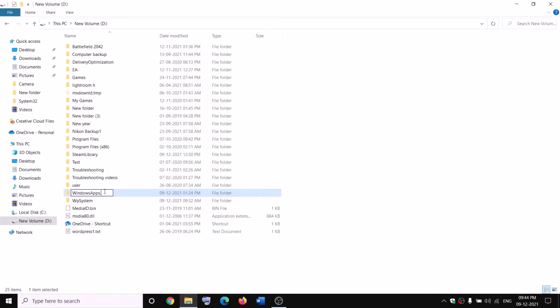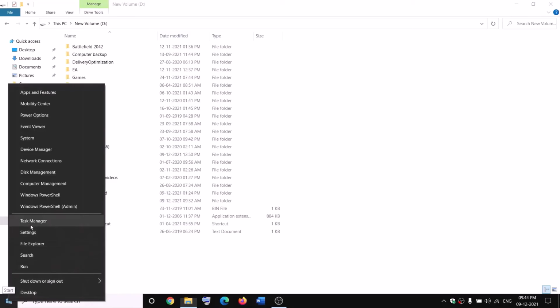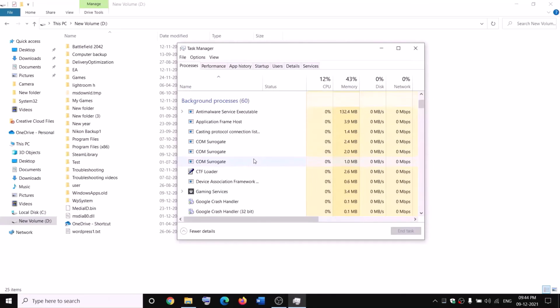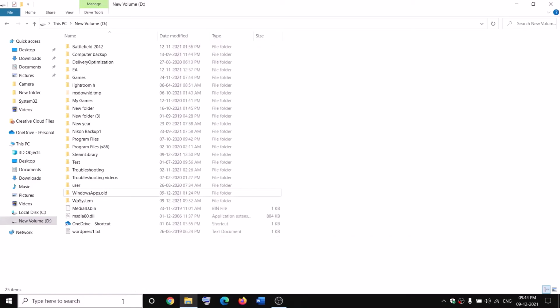it as Windows apps.old. Now while renaming it, if you receive any kind of error message which says file is open, in that case open Task Manager on your computer. Make a right click on the start menu, click on Task Manager. Now if you find gaming services, make a right click and then click on end task, and also open services